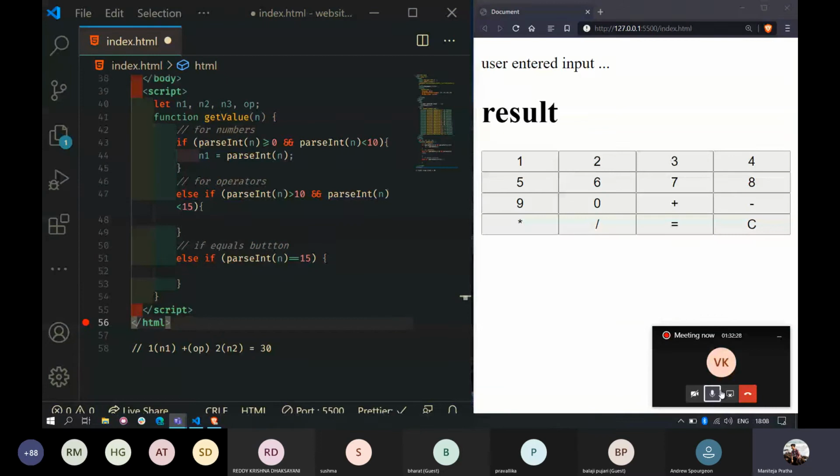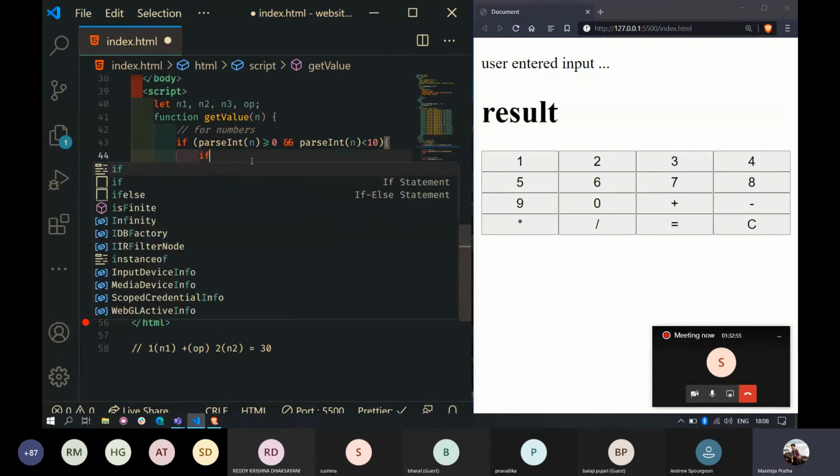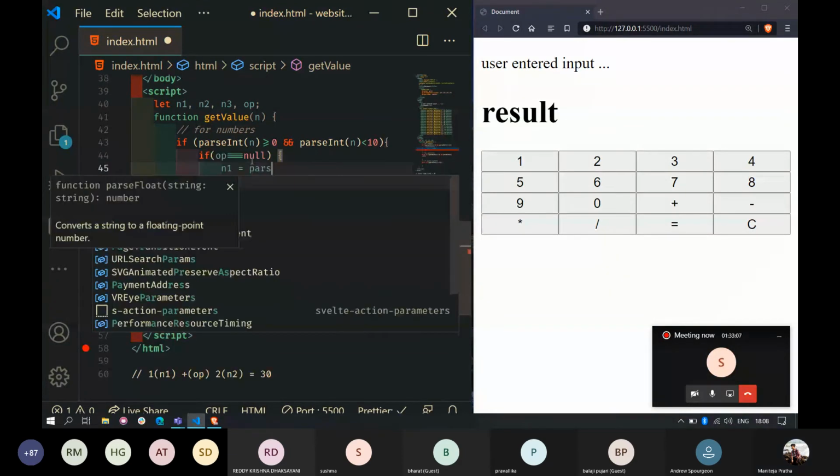Okay, so now before assigning the value to n1, this is the way we do it. If the operator variable is empty, what does it mean? The user hasn't entered any operator. So that's why we need to store that value in n1, right? So we'll check this. If so, then I need to assign the user entered value to n1, right?